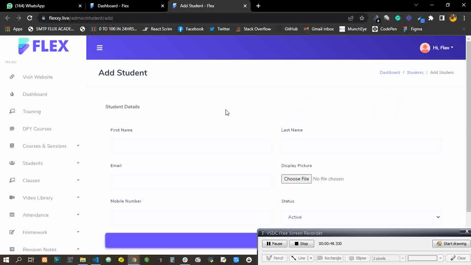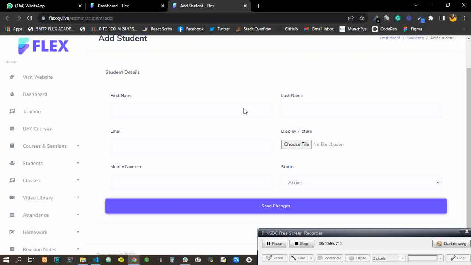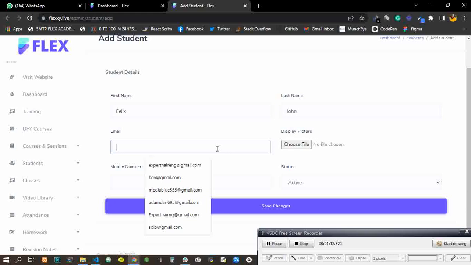So you can choose to add a new student. Let's say you want to enroll a particular student onto a particular course on this platform. You can do that in this particular section. You can give your student a name. Let's say I'm going to call the student Felix. I'm going to give him a last name of Felix John. All right. I'm going to give him an email address. Let's say I call him John at